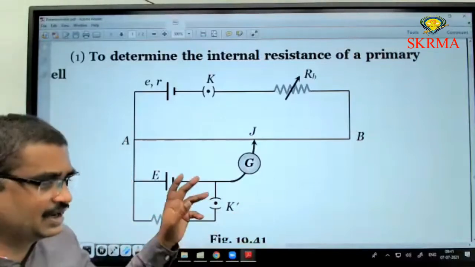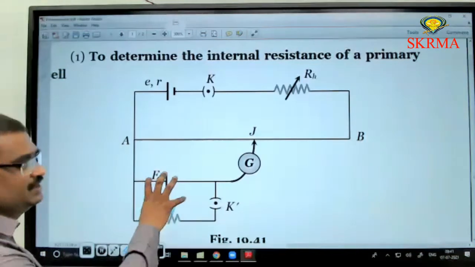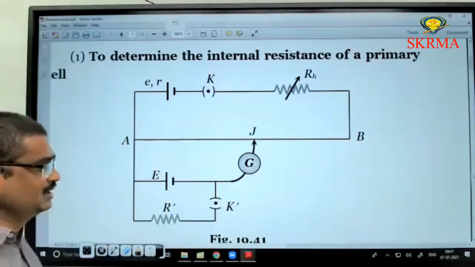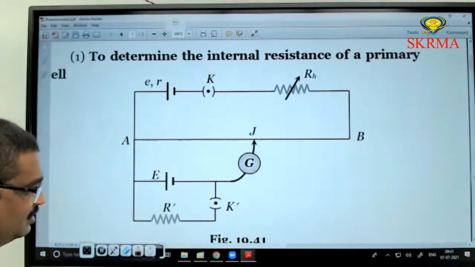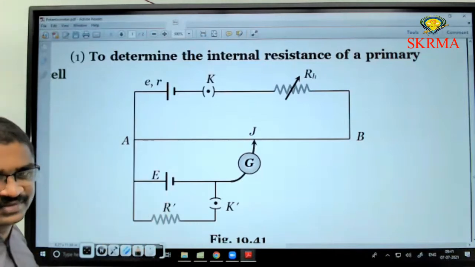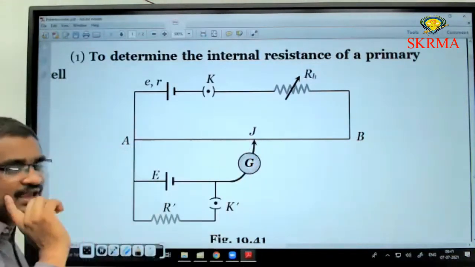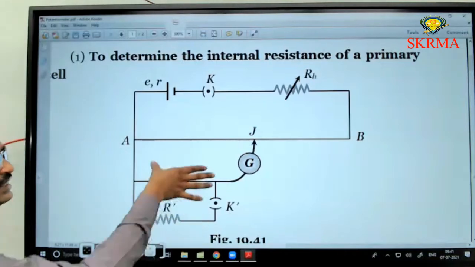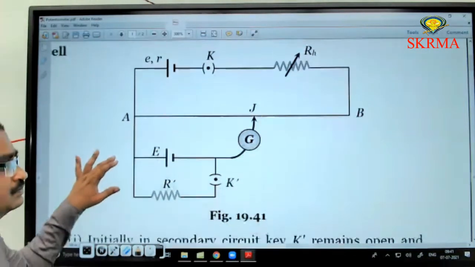So the circuit diagram and basic arrangement are the same as the meter bridge, except for this secondary circuit. Except this secondary circuit, the remaining is the same as a meter bridge only. Now the balancing point is the same as in the meter bridge. Balancing point means a point where you are getting zero reading; that length you need to measure is called the balancing length.